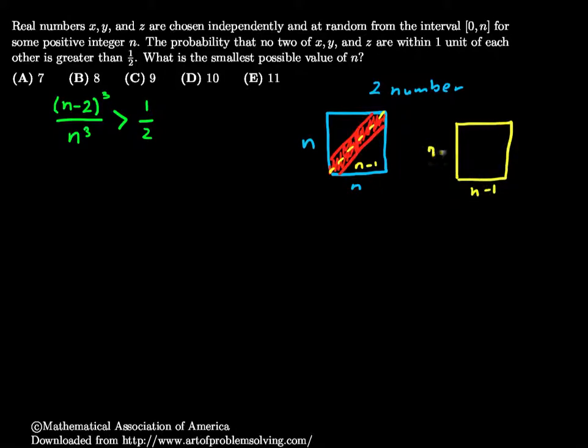In terms of geometric area, I have (n minus 1) squared divided by n squared probability of getting a point that doesn't fall in there. When I extend this to three numbers,